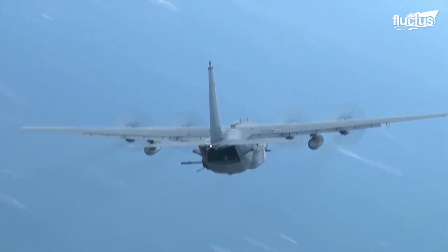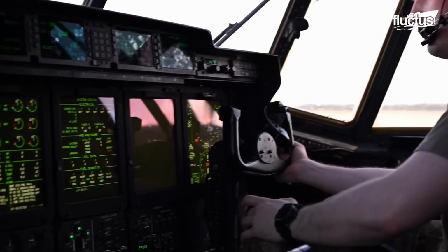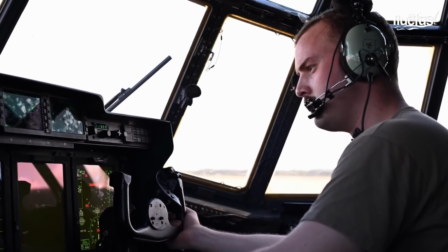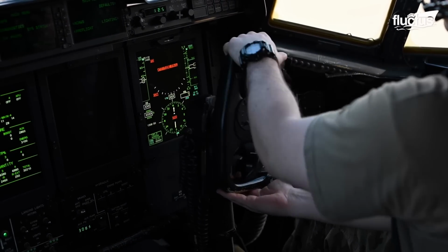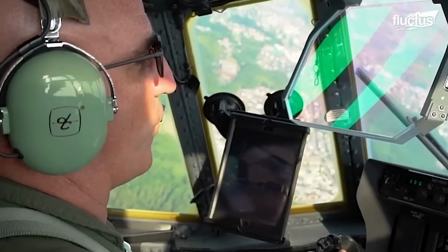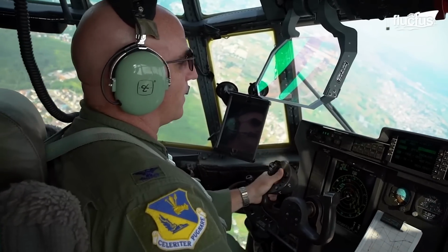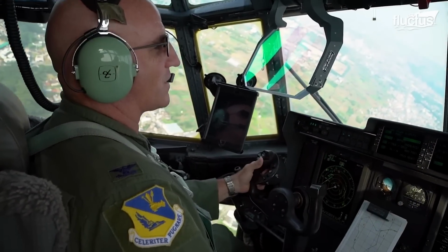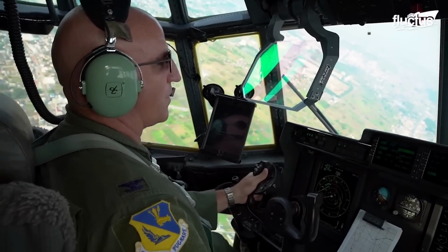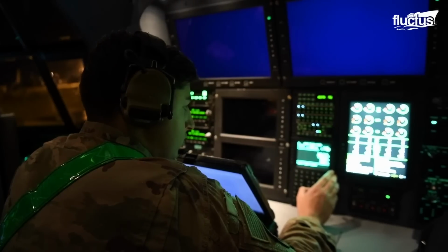With all this cutting-edge ordnance fitted to the outside, the inside of an AC-130 is not second to its outside glamour. The state-of-the-art cockpit with fully integrated digital avionics is all that a pilot would ask for. Each pilot has a heads-up display made to improve the pilot's situational awareness by displaying timely information. The Combat Systems Officer, CSO, stays with the pilots in his